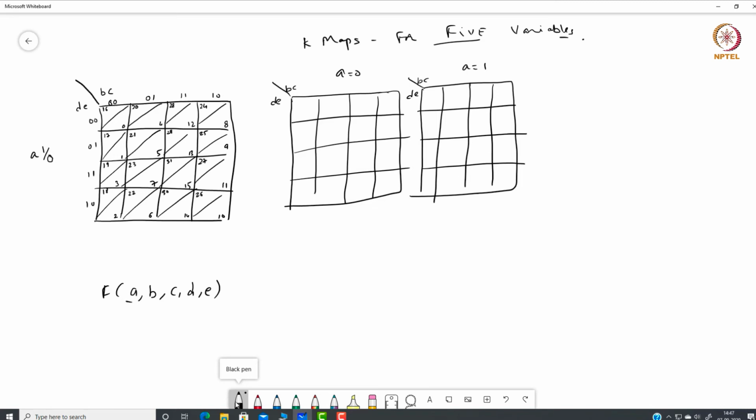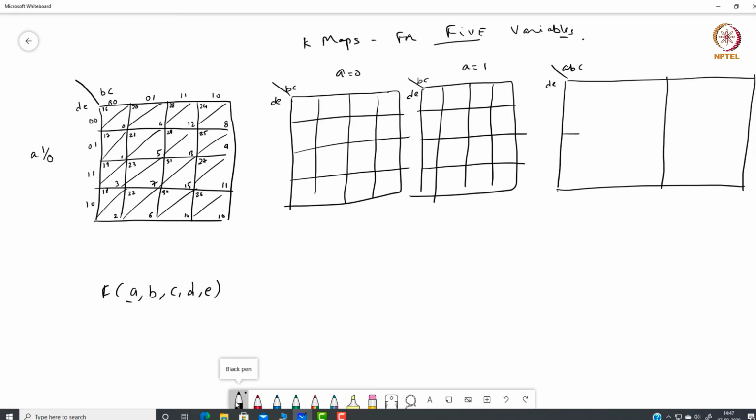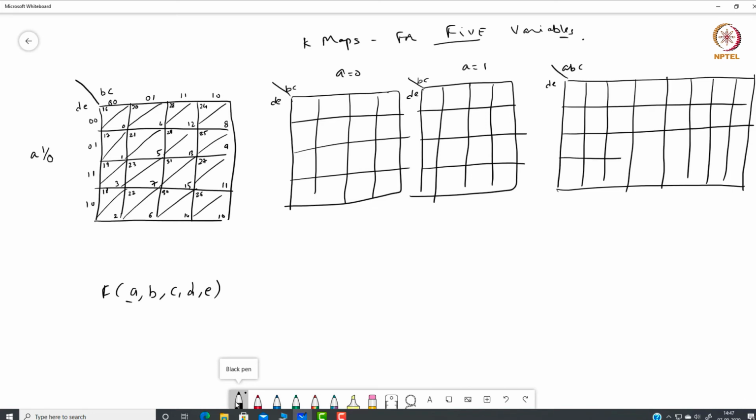Okay, and there is also one more possibility, that we can put A, B, C this way and D and E on this side. So I am enumerating all of them just to make a sense of what could turn out to be a good solution for us. And you will also see in a couple of minutes why all these three different versions are there, and what the benefit of them is.